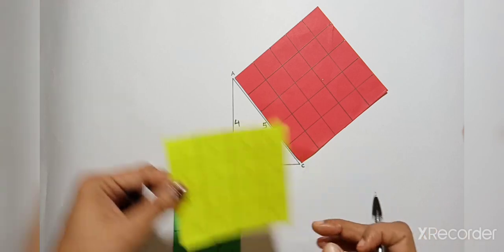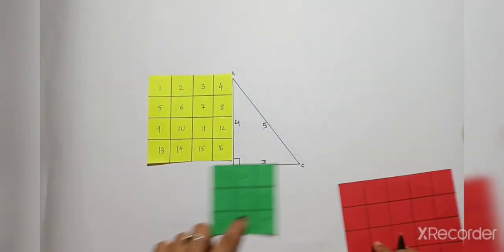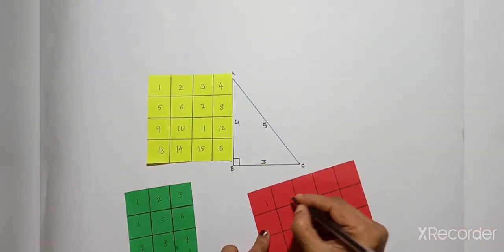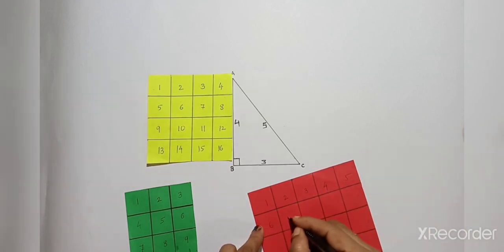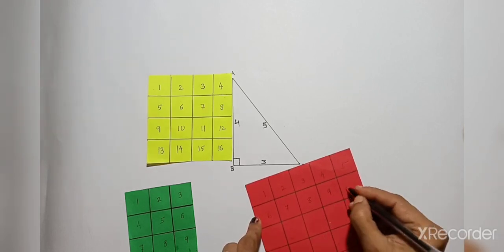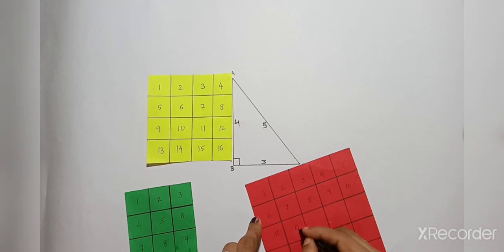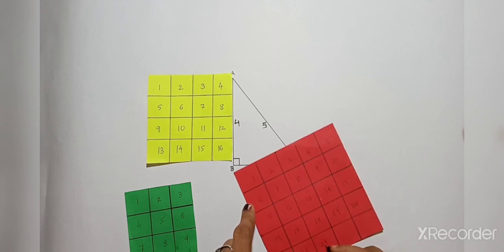So now I'm going to keep this here. Afterwards, yeah, this 2, and now this is the 3rd one. This also we will write the number 1, 2, 3, 4, 5, 6, 7, 8, 9, 10, 11, 12, 13, 14, 15, 16, 17, 18, 19, 20, 21, 22, 23, 24, and this is the last one, 25.